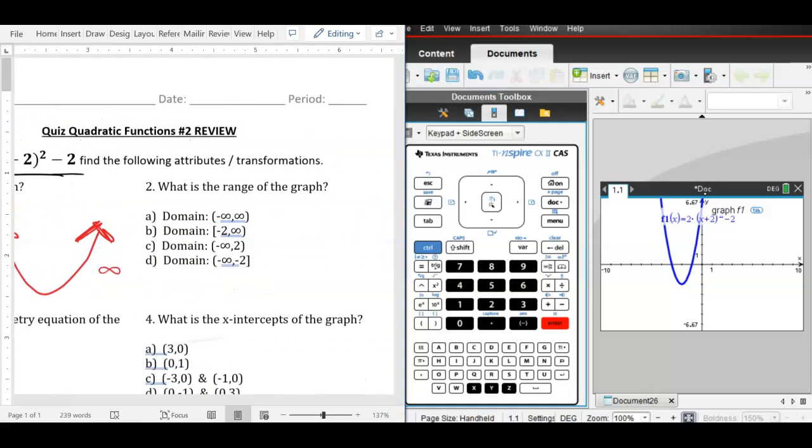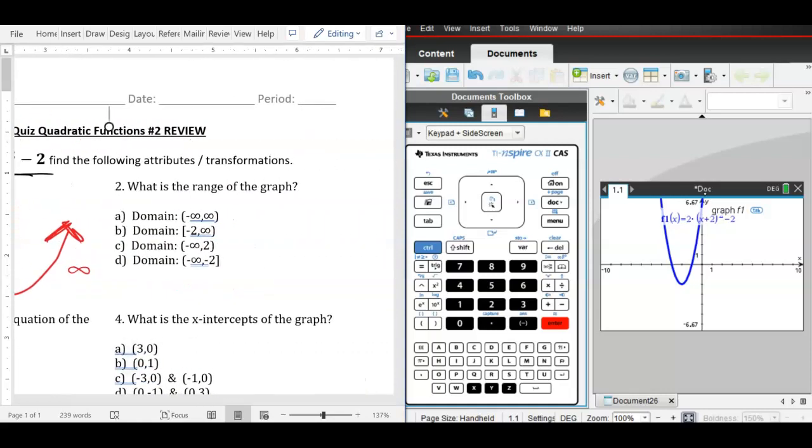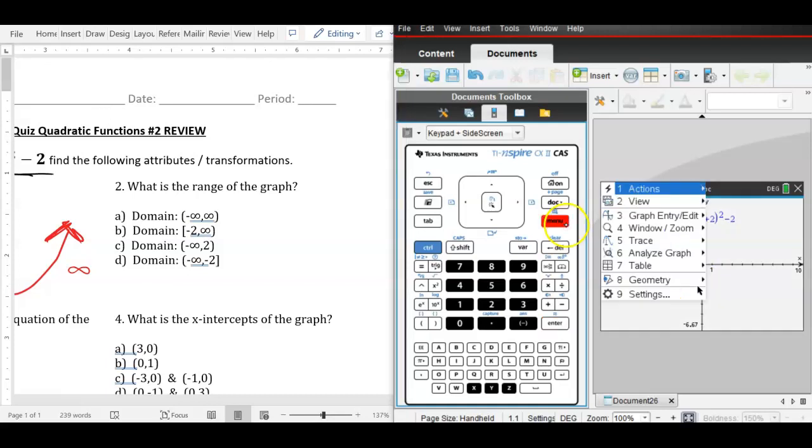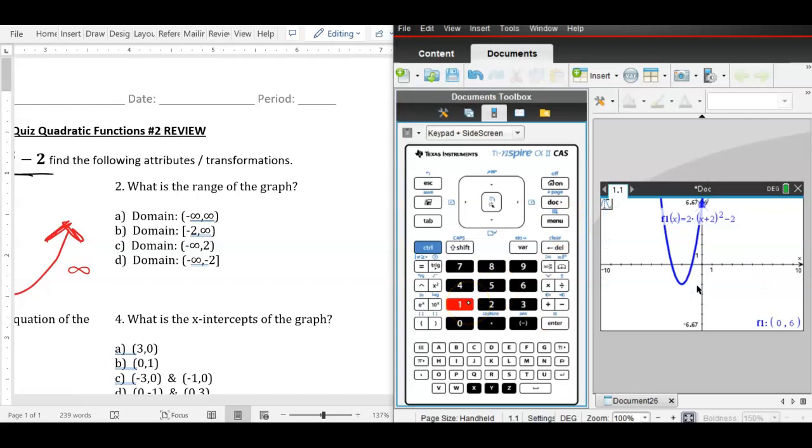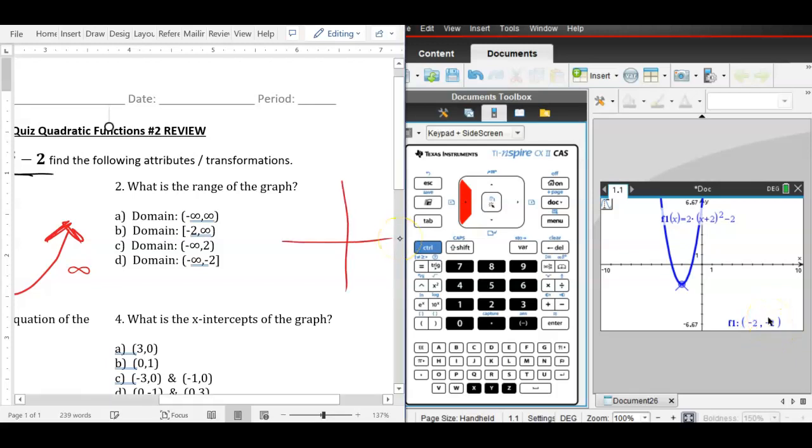What about the range? Now, how far down does this go? Down, down, down, down, down, right here. Now, if I do menu 5.1, I can figure out what that point is exactly. I'm going to go to the left until I get to the vertex. It's going to say minimum, and it tells me that this point is -2. And what's the y value? -2. So like I have a graph like this down here